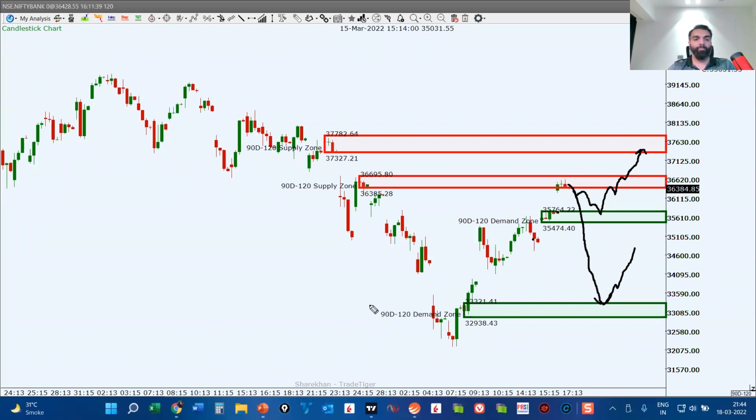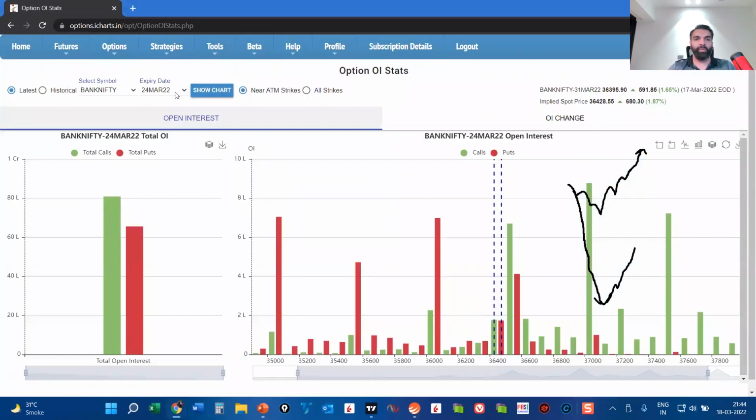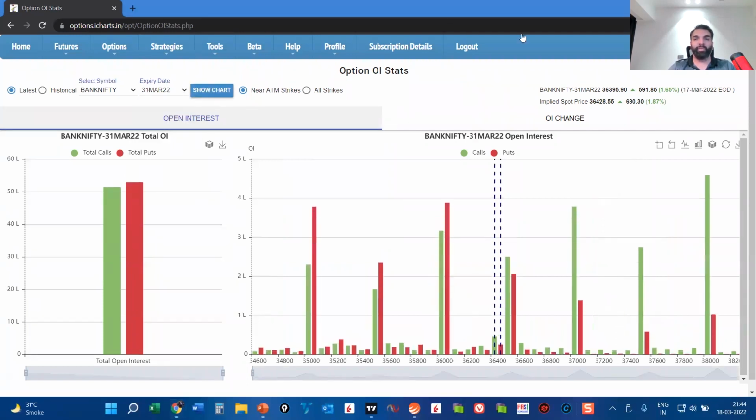So somehow the weekly open interest data is not really matching up with the demand and supply. Let's go on to the monthly options data and see if there is something that is aligning properly with our zones, right? So on the monthly front, the highest open interest is at 38,000 on the call side, and the